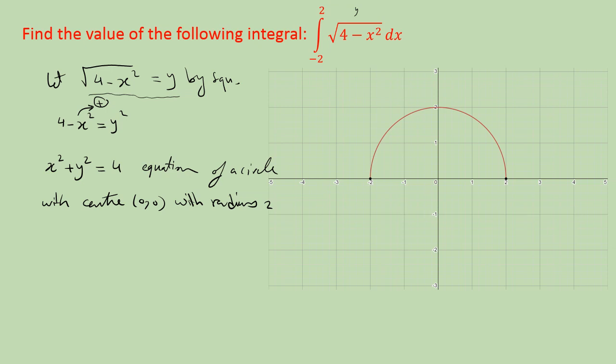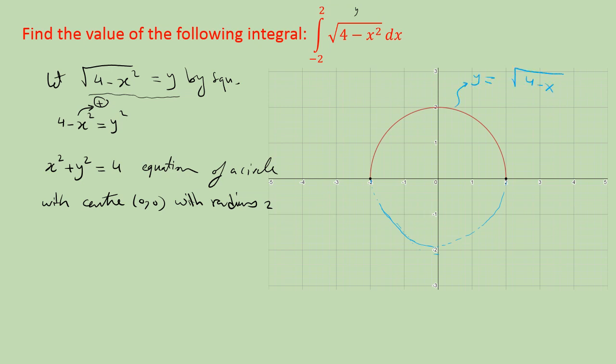If we draw the following circle, x squared plus y squared equals 4, it will be like this. But we draw the above half of the circle, which represents the function y equals positive square root